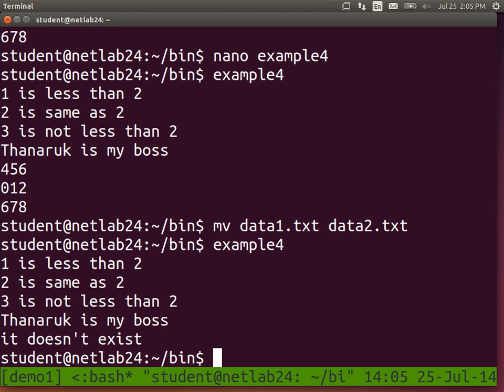the minus E in that conditional statement was a special operator to say if a file exists. There are many others. If it's a directory, if it's a file of a particular type. To find out all of those operators,